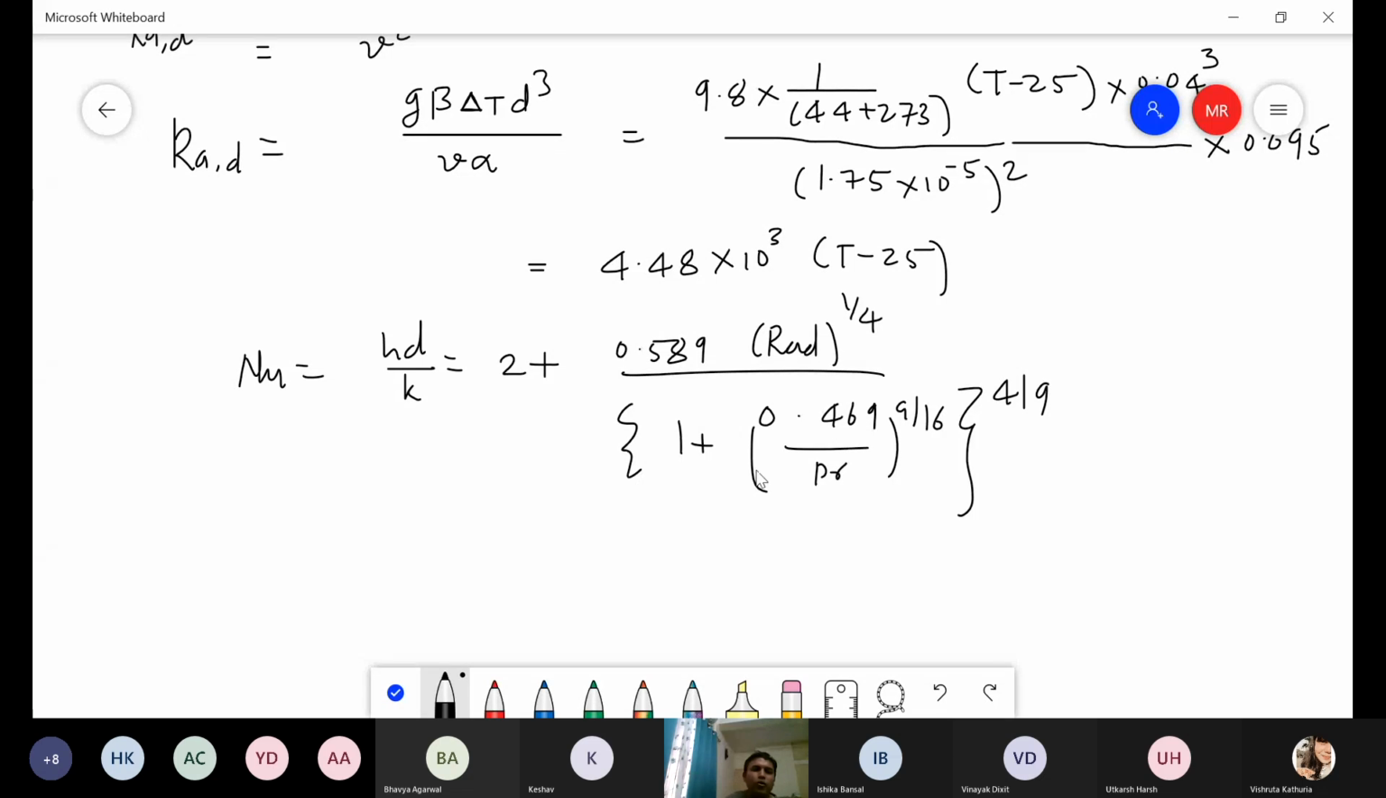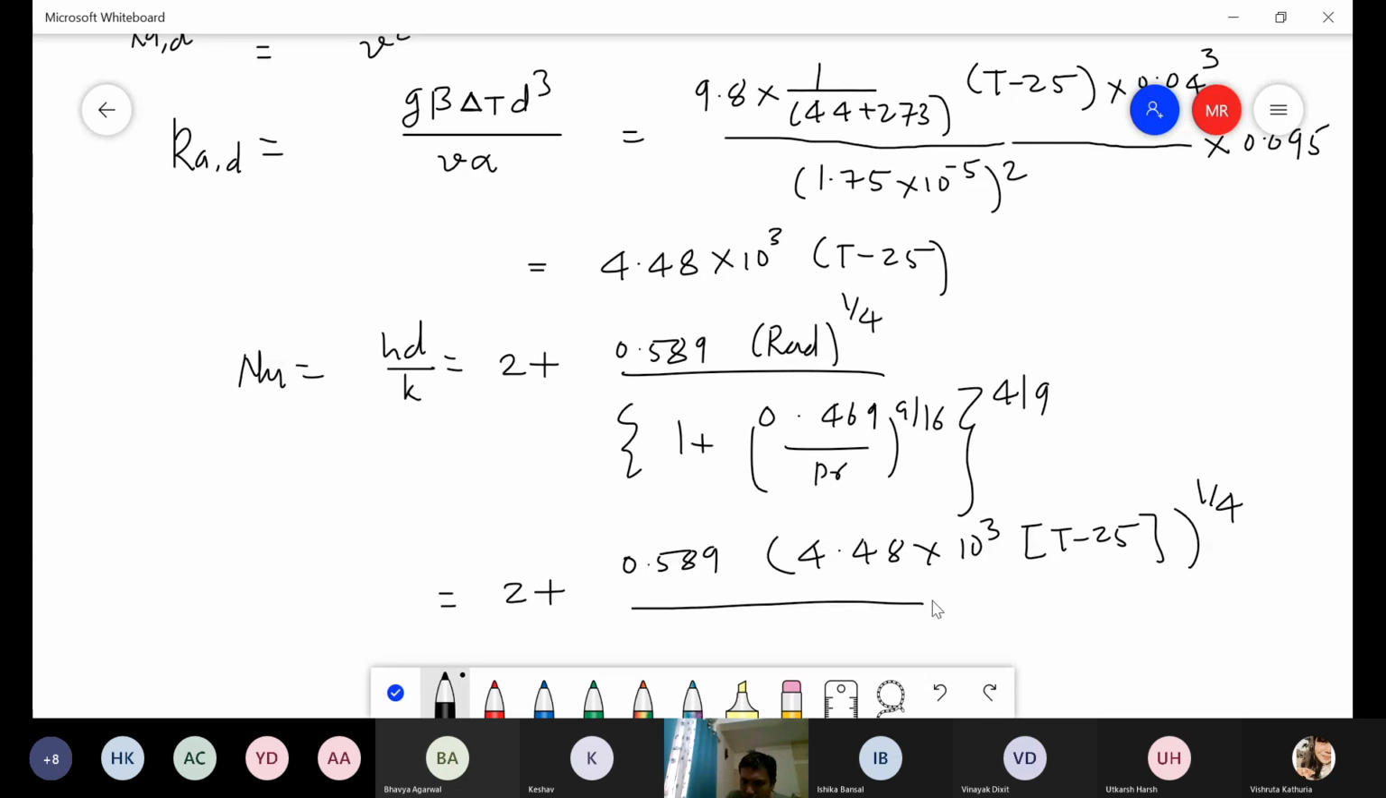So now in this particular correlation, we can put all the values, the Rayleigh number in this case, and simplify and find out the Nusselt number in terms of T minus 25, because T we don't know, isn't it? So just put all the values here. So this becomes 2 plus 0.589 in the bracket 4.48 into 10 raised to power 3 (T minus 25), and this is raised to the power 1 by 4